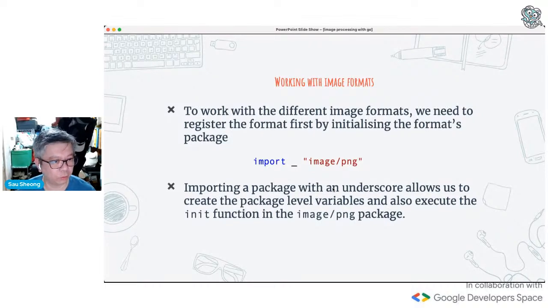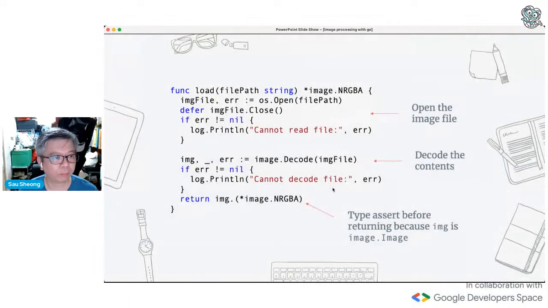If you import something and you don't use it directly, Go will throw an error. So if you are not using the package directly, you need to put an underscore. The underscore allows you to call the init function within the package, and that allows you to use PNG decoding when you load the image.